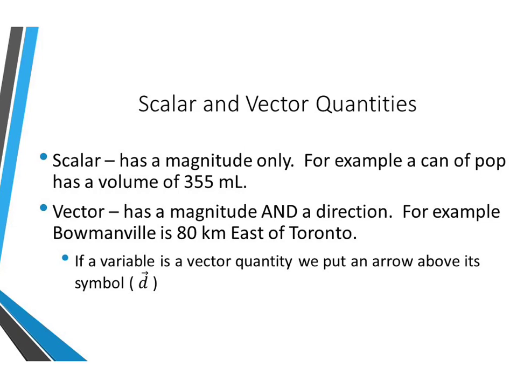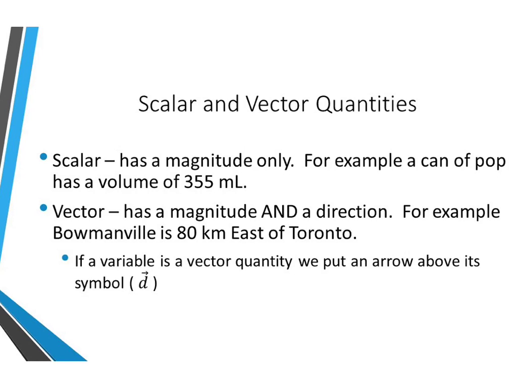A scalar quantity is something that only has a magnitude. So it only has units. So think of magnitude as being your units. So a can of pop has a volume of 355 milliliters. The 100-meter sprint is 100 meters. So just the units. A vector quantity, which is what we deal with a lot in physics, has a magnitude